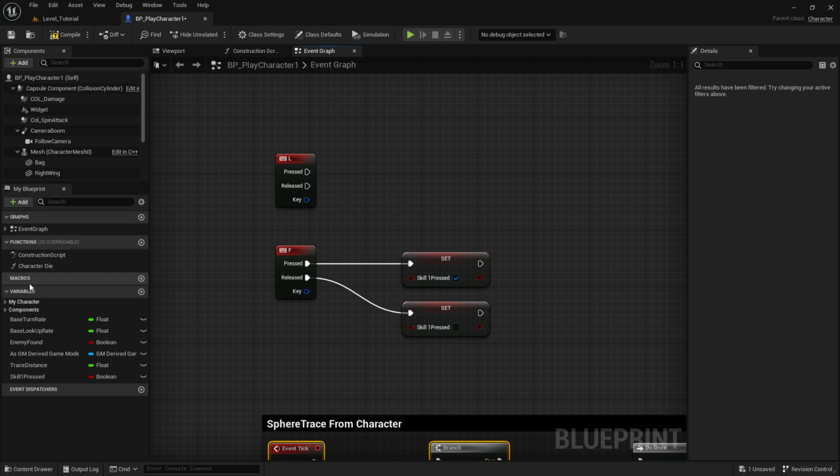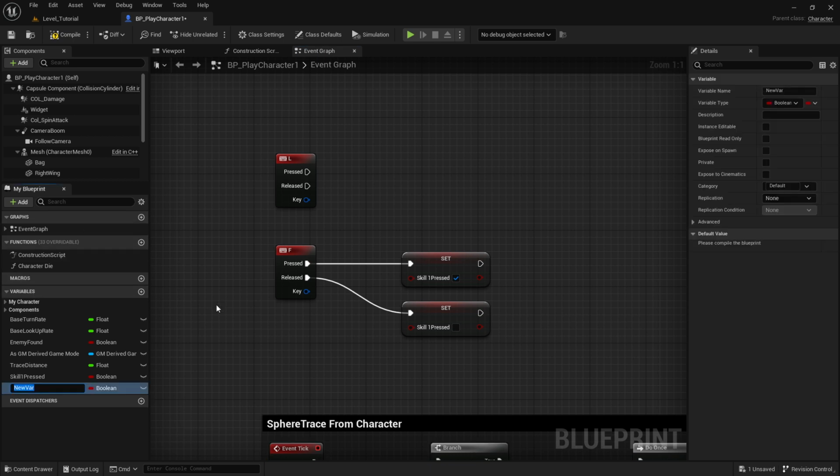How do we make this? We go to the variable section, click plus, and create a variable. Let's call it skill 2 this time because I already have one, pressed, for example. Then you compile and save, and with this selected, you go to the details panel and check what the